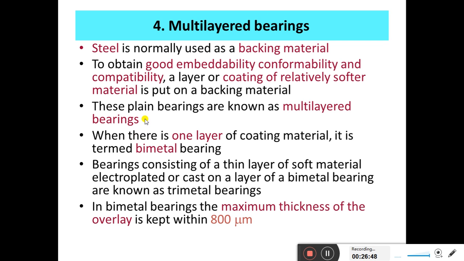Have you heard of bimetals? What is the difference between bimetals and alloys? Alloys are absolutely soluble with other metals. Okay, one metal is soluble with another metal at the microscopic level. But bimetals means